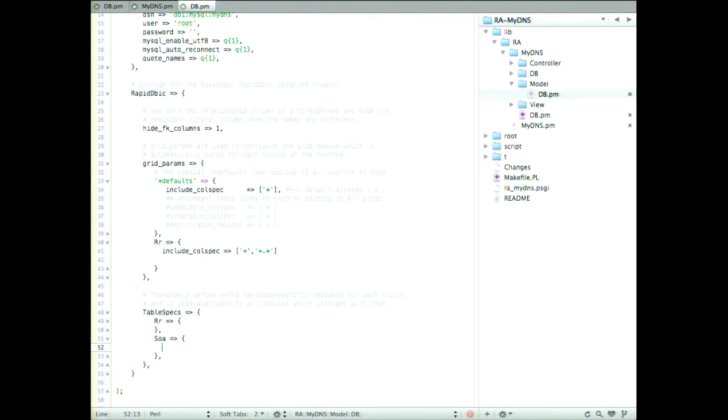These table specs allow us to specify certain attributes that go above and beyond the metadata information that we already get from the schema, like nullability, column type, and relationship type. One of them is display column. And we can change that to a useful column name. As you'll see how this takes effect,